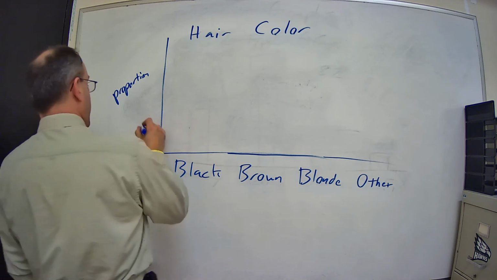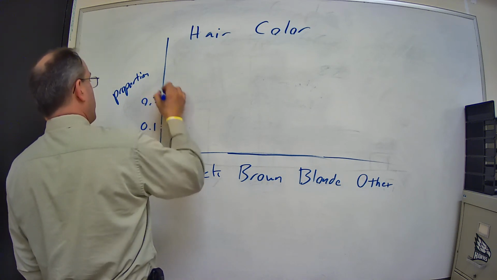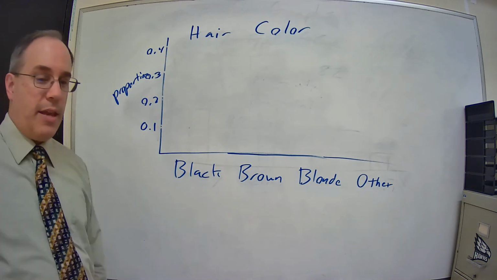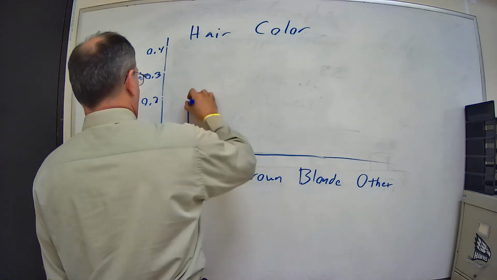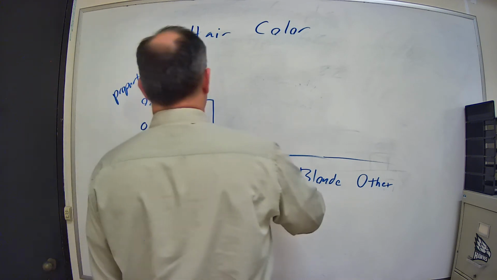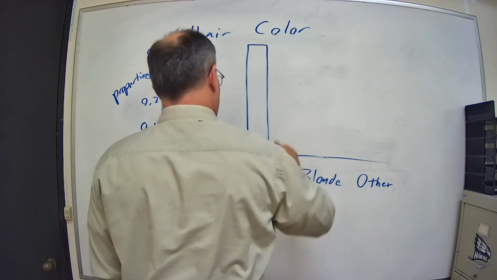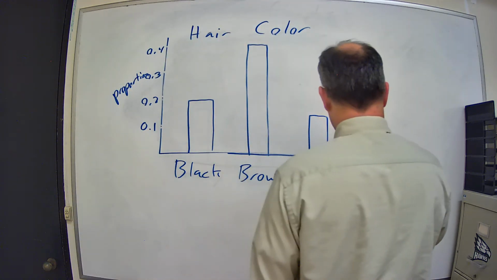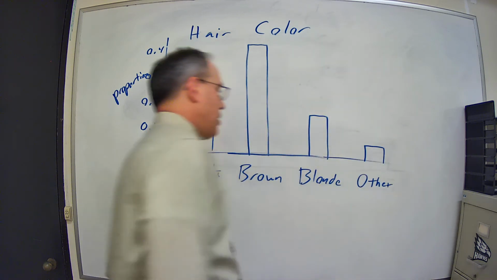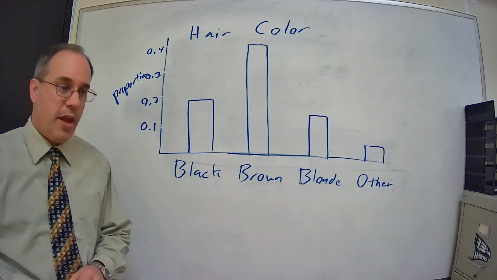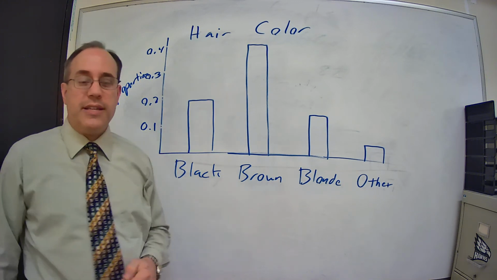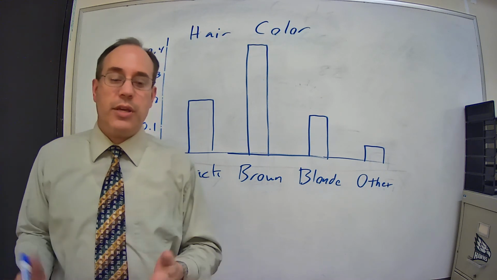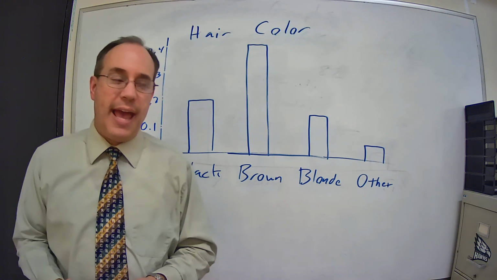So I'm going to number my axes here as 0.1, 0.2, 0.3, 0.4, and then proportion of people with black hair, proportion of people with brown hair, proportion of people with blonde hair, proportion of people with an other color hair. And so if we look at this, now we can answer the same types of questions. We're just looking at proportions instead of looking at